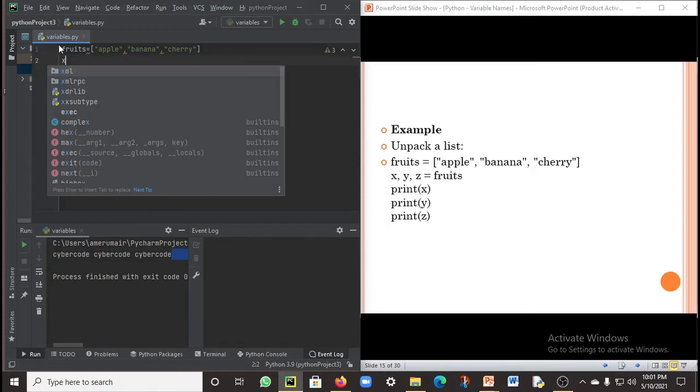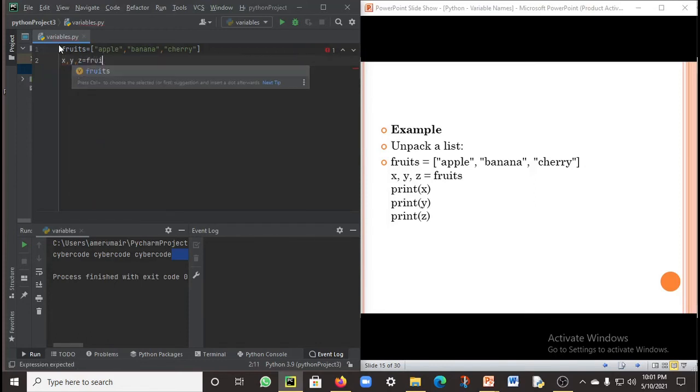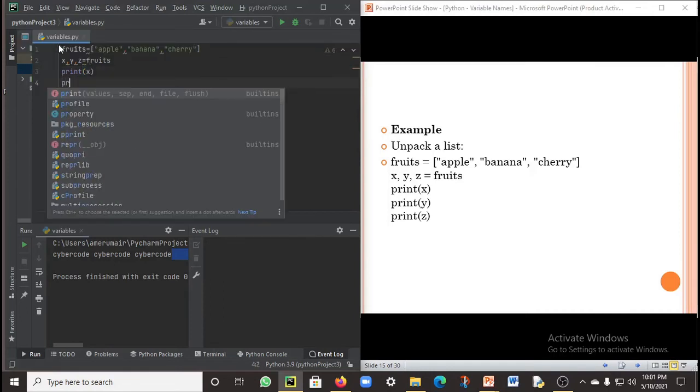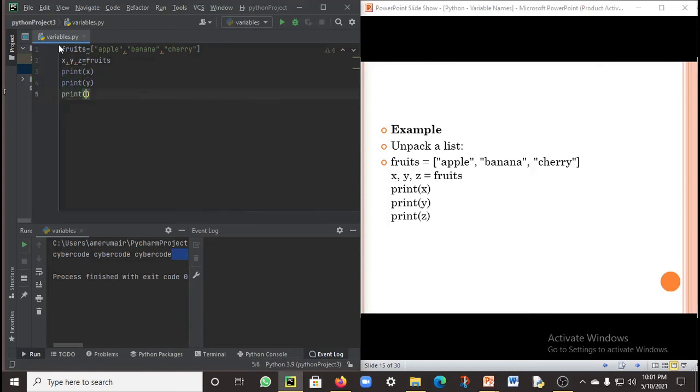Here I will assign x, y, z equal to fruits, and next I am going to print x, print y, and again print z. As I have told you, the output I am going to get is apple, banana and cherry. So what happens in this case actually is apple, banana and cherry.